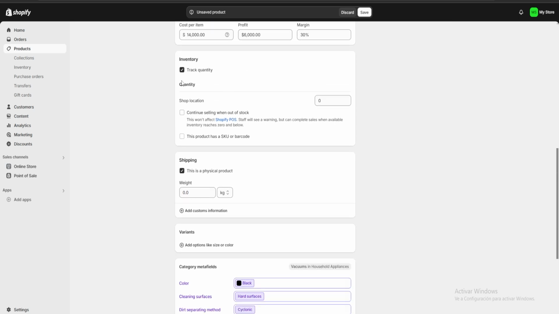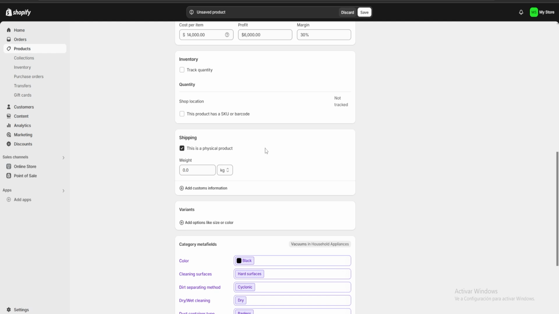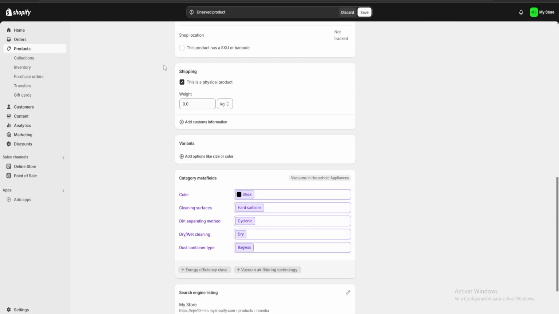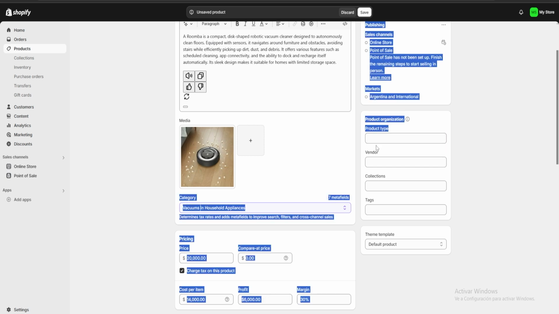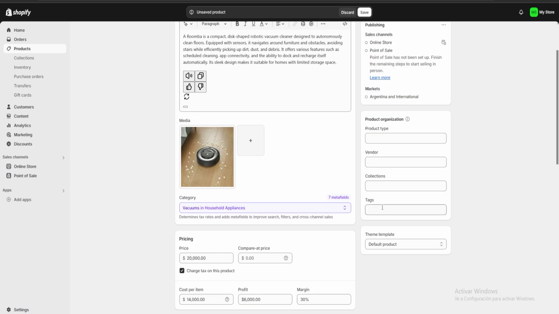So for inventory, we are just going to uncheck this because we are not going to keep track of inventory. And here you can see that if we are going to do any shipping, we can also assign a weight to our products. If we go over here, you can see that we have a product type, vendor, collections, and tags section. Be sure to click here on collections. Be sure to add the product to your home page, and if we want we can put over here, for example, some tags. I'm going to put electronics, for example,